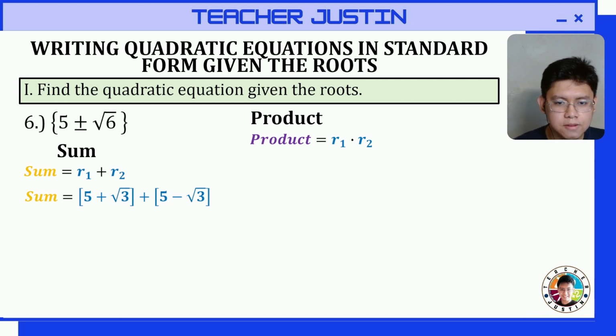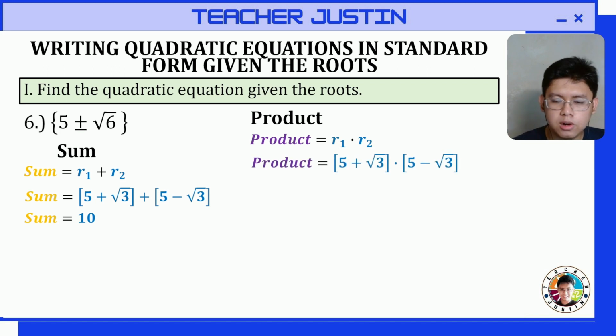So add natin, 5 plus 5 is 10. Square root of 3 plus negative square root of 3 will give us 0. So the sum will just be equal to 10. Now for the product naman, let's multiply 5 plus square root of 3 and 5 minus square root of 3. Now, we have here